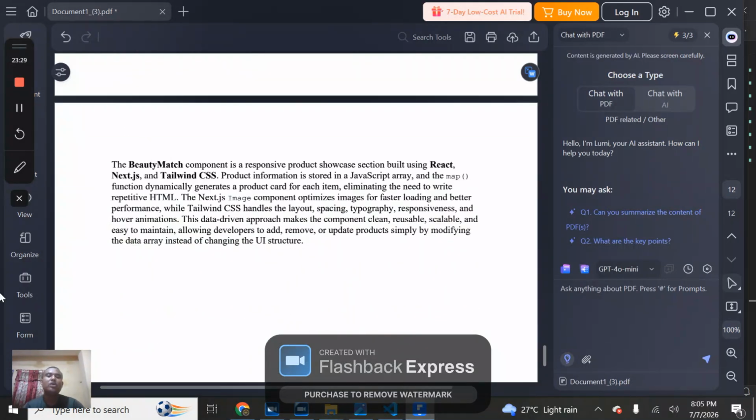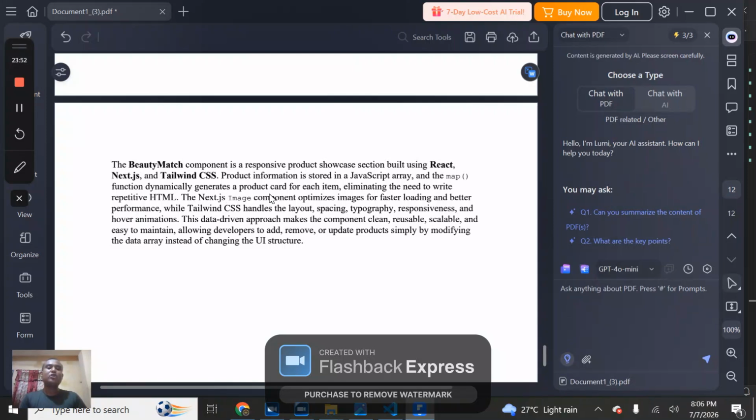Overall summary. We can read the overall summary in English and Bangla too. First of all, we will go with English. The BeautyMesh component is a responsive products showcase section built using React, Next.js and Tailwind CSS. Product information is stored in a JavaScript array and the map function renders repetitive HTML.